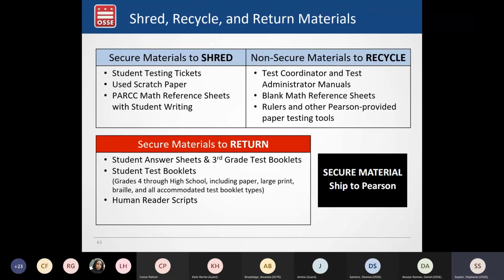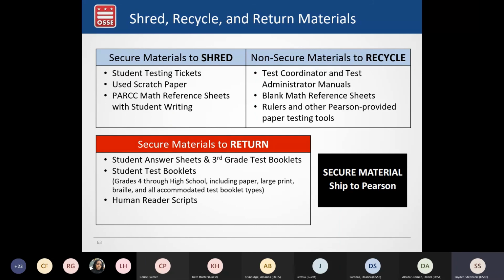For returning and destroying secure materials, a lot of this applies mainly to paper-based materials, which schools may not have a lot of this year, especially if they're completely remote. But secure materials that do need to be destroyed are student testing tickets or login information, used scratch paper, and any math reference sheets that may have writing on them, if you decided to provide printed reference sheets.